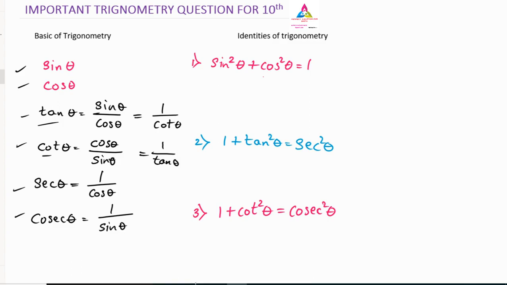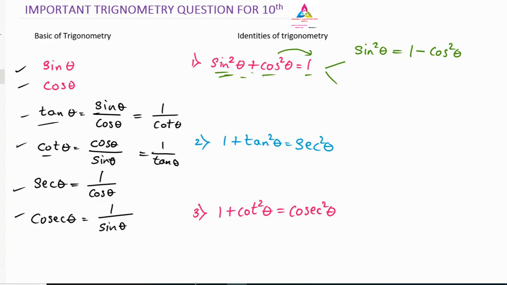In this also we can divide these identities further, because that is also important for us. But one thing you have to remember, the first identity is sin square plus cos square is equal to 1. Here, cos square theta, if I shift it to the other side, what will happen? Here we have plus, so it will become a minus. In this way we can subdivide this in terms of sin square theta. I have kept sin square theta here only, but I have shifted cos square theta to the other side, so it is converted into minus cos square theta, that is, 1 minus cos square theta. This is the first part of identity 1.